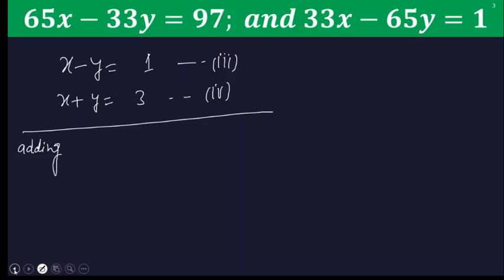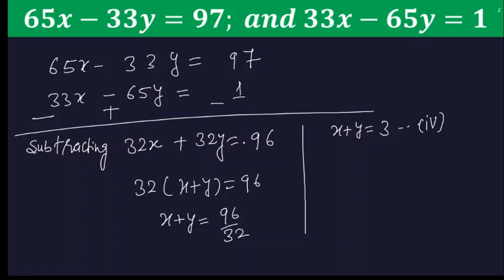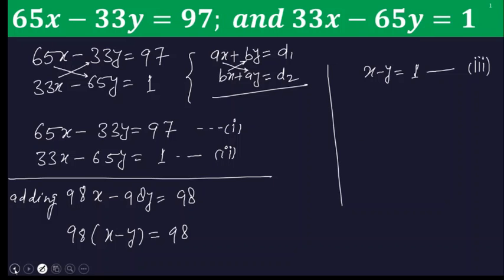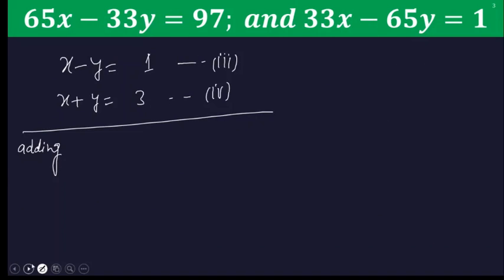You can observe here also: I subtracted, so I changed the sign, but here I added, so I did not change any sign. The adding process does not require changing the sign because addition is already addition. So after adding, what would come? x plus x, 2x will come. The y will cancel because of opposite signs, and the right side is 4. So x is simply 2.